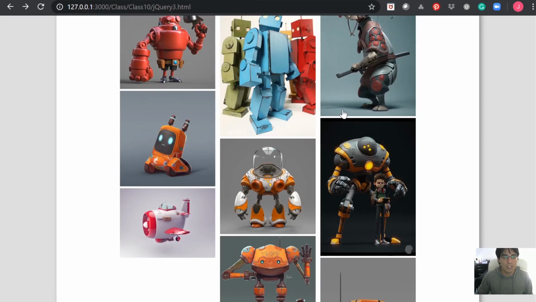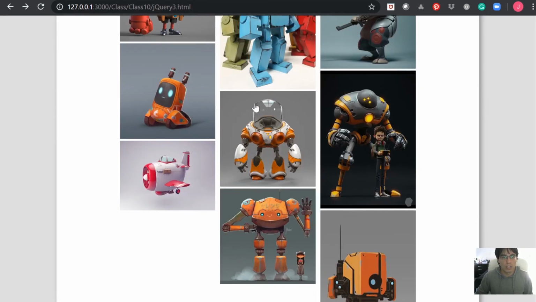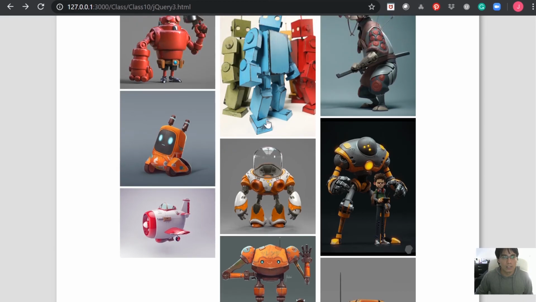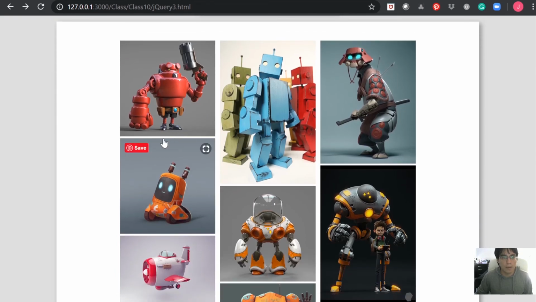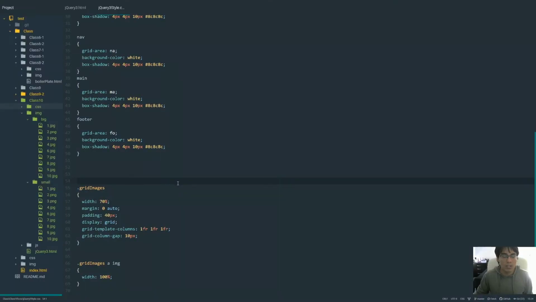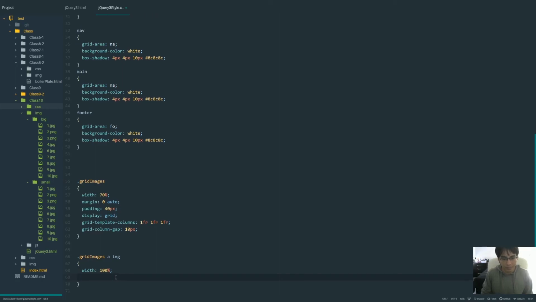In this row there are 3 columns, and between these columns we have a 10 pixel gap. So what we can do is tell each one of these pictures to have a 10 pixel space on the bottom, so it looks the same size as the gap I gave to the column. So if I go to all my images and I tell it margin